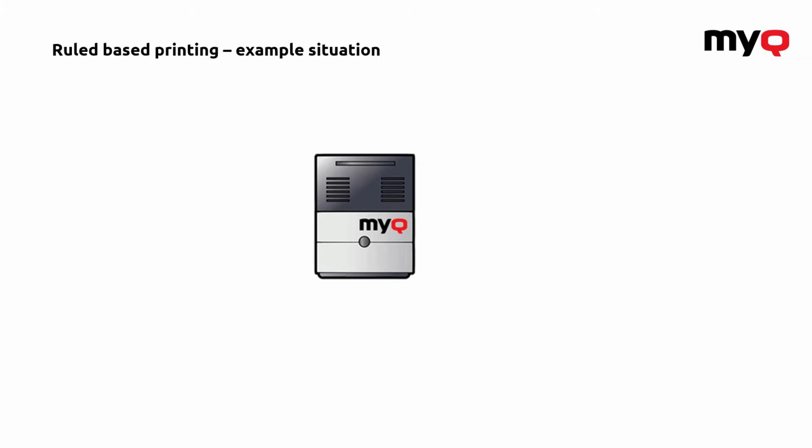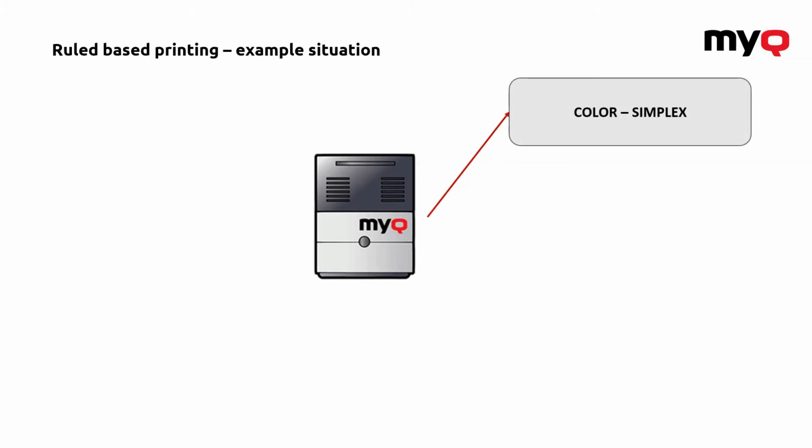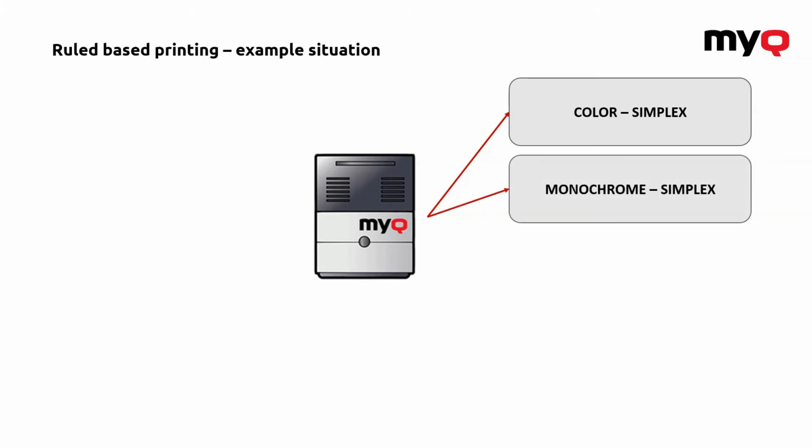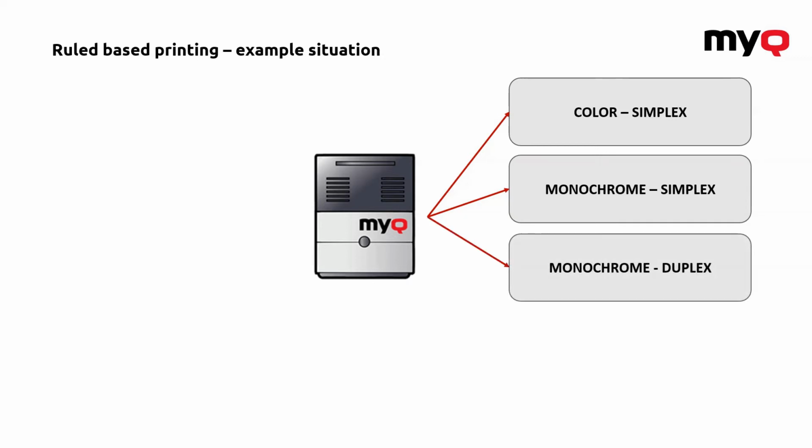So rule-based printing is about the way to affect the output. You can, for example, say that certain users are allowed to print in color, while the rest of them should only print in monochrome or in monochrome duplex. Or, like I said before, certain documents should not be printed at all. For example, if someone's printing some pictures from Facebook, based on the name of the file or of the source, the system can automatically reject that. So rule-based printing is pretty much about setting the rules for the output of your printing.